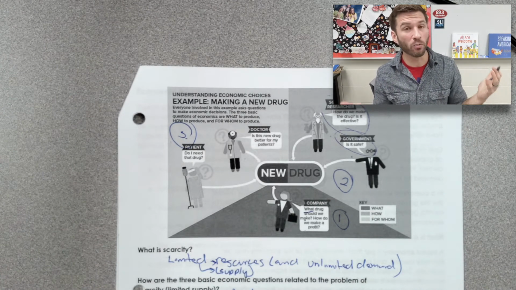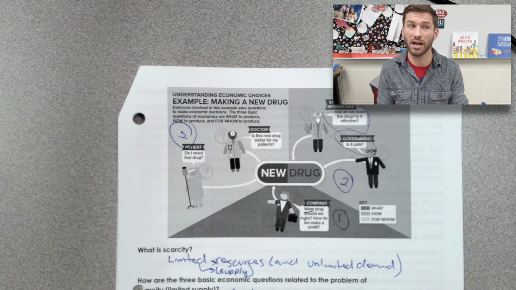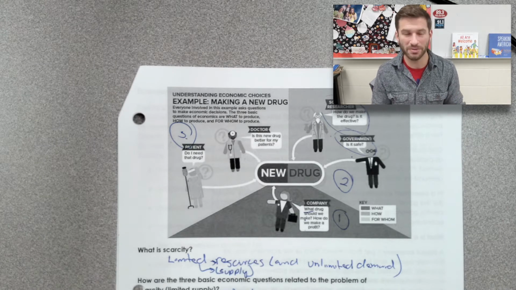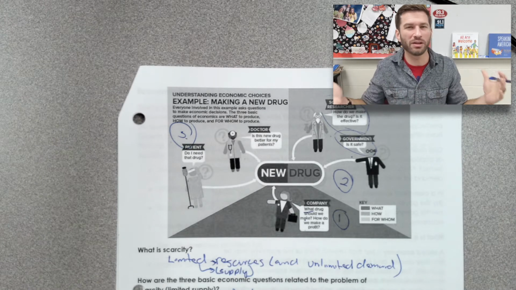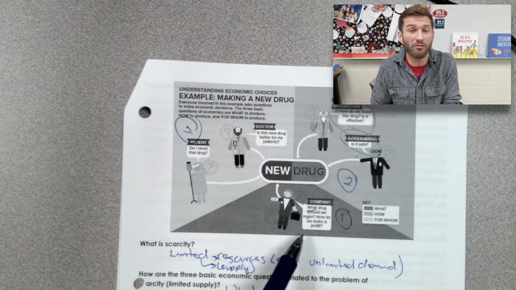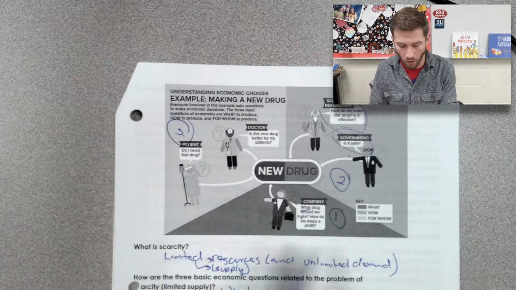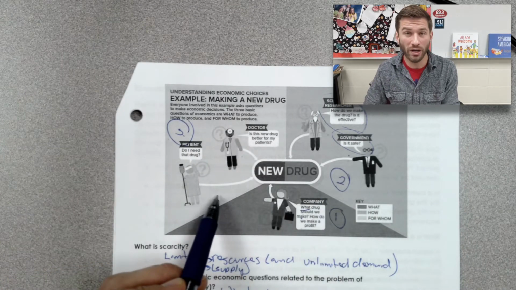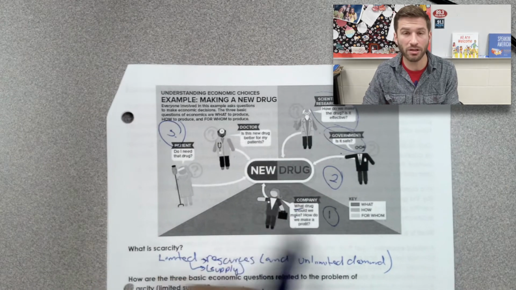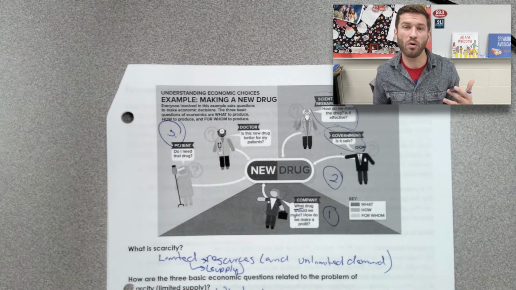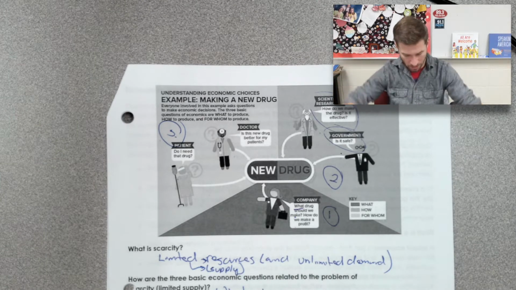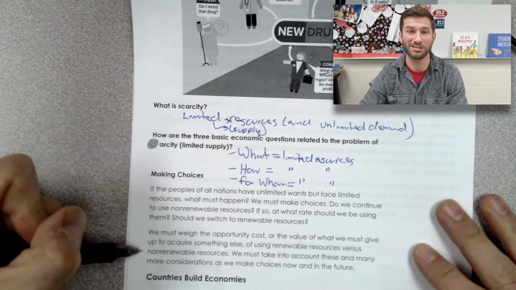And that is a very real and difficult concept for us sometimes, pardon the pun, a difficult pill to swallow, right? We say there are drugs and treatments available, but we're not going to provide them to everyone, because maybe the drug company says, we can't provide it to anyone unless they can pay for it. Or maybe the government comes in and says, no, we need to make sure that everyone gets access to those treatments in our country and in our society. We know that the drug company might make less money, but that's what we have decided as a society we're going to do, because it's all about, you guessed it, making choices.